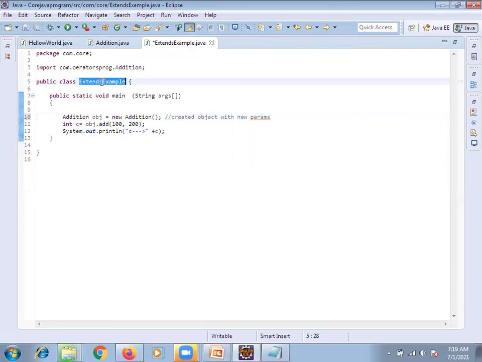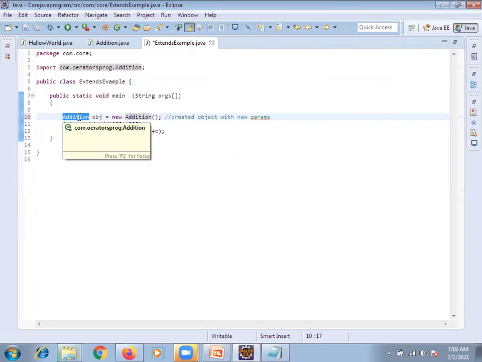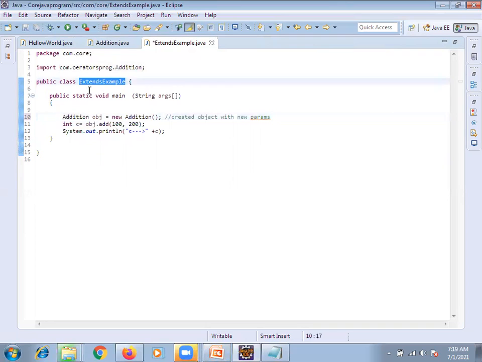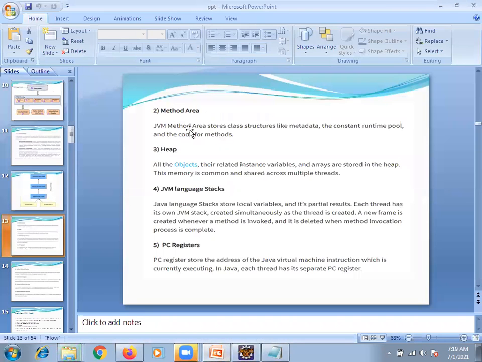Now two programs are executing, extends example and addition. Are you clear? In this program, two programs are executing. One is the addition class, another is extends example. Extends example initially goes to the method area and executes based on the requirement.